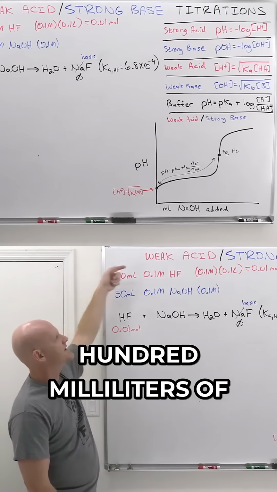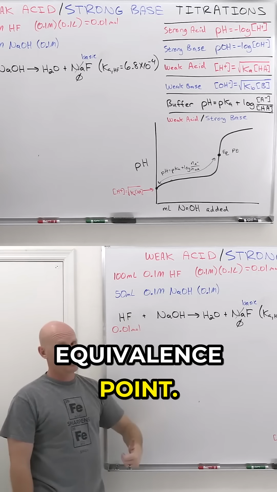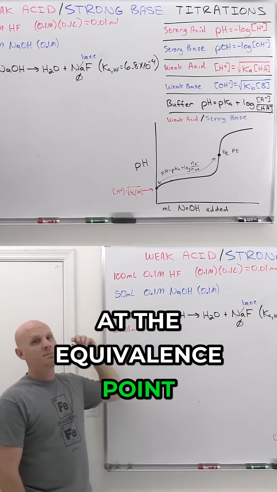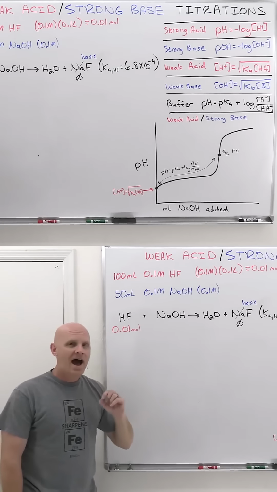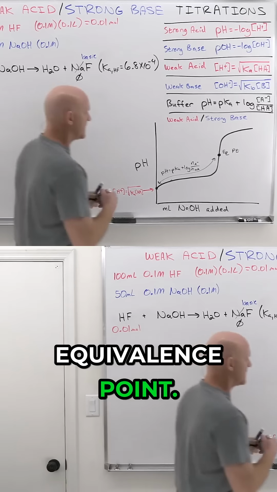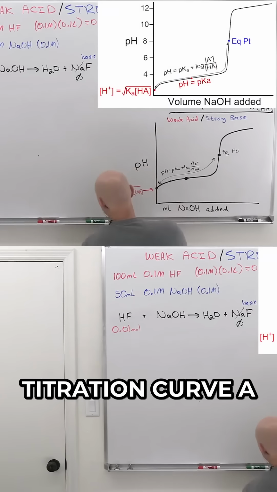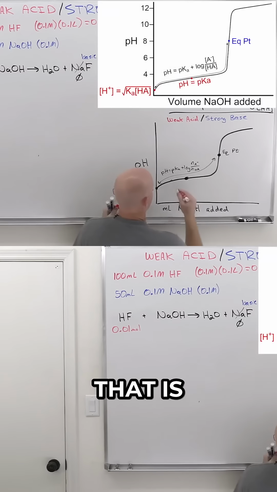We start with 100 milliliters of HF, then it's going to take 100 milliliters of the same concentration of NaOH to get to the equivalence point. Well, obviously we're not at the equivalence point, but we're exactly halfway there. And if you recall, at your half equivalence point, we learned this on the titration curve a couple lessons ago, that is where